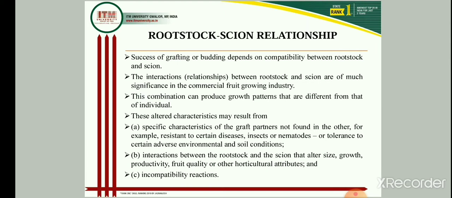Many fruit crops like mango, apple, jackfruit, pear, and bael are commercially propagated by various means of grafting or budding, where the objective is to utilize the characteristics of the rootstock, which will enable the scion to be compatible with various adverse conditions, either related to soil stress or to any biotic or abiotic stress.